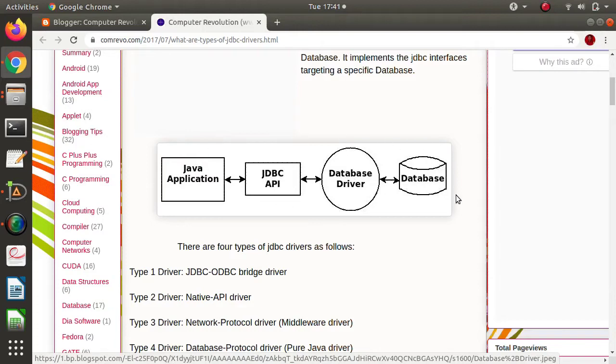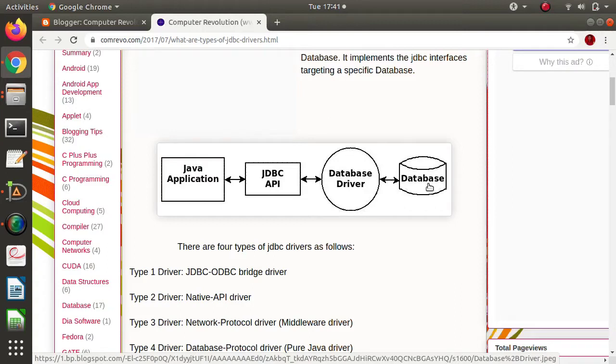So here is the complete picture. The program we have written is a Java application. We want to connect with the database. The Java language has provided the JDBC API, where JDBC stands for Java Database Connectivity. It is an API, in the sense that it is libraries. Using this, we want to connect to the database, but the database can be anything: Oracle, MySQL, SQL Server, Postgres.